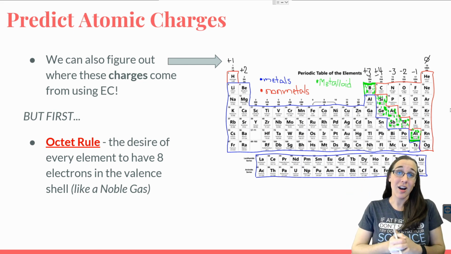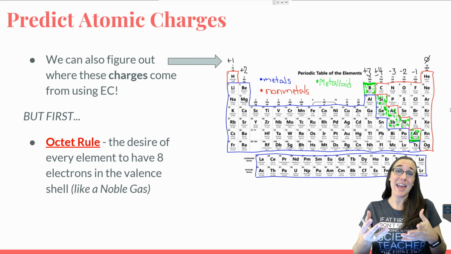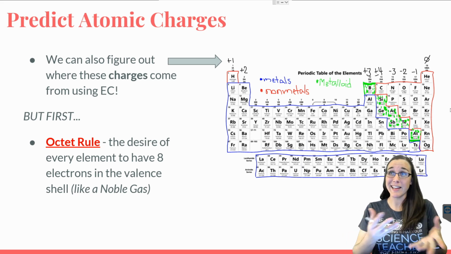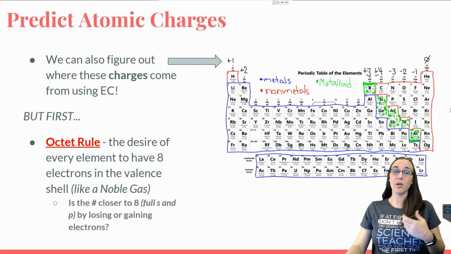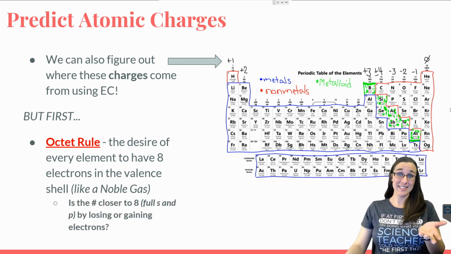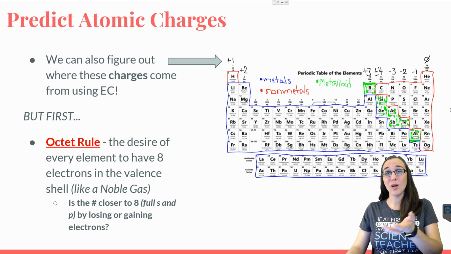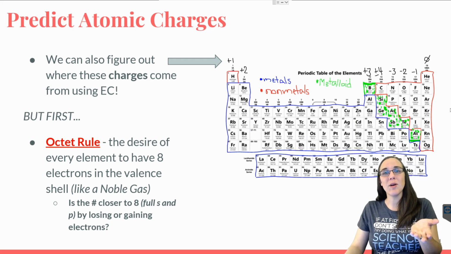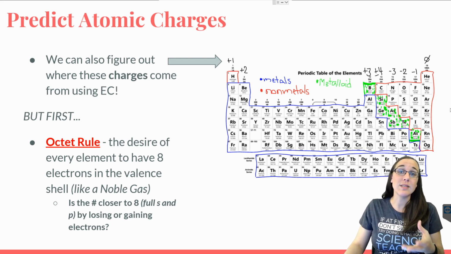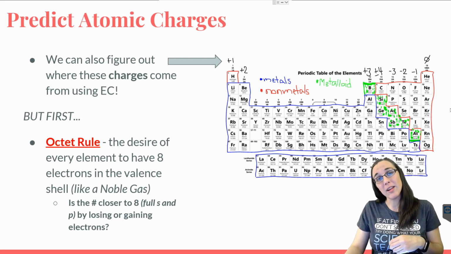We call that the Octet Rule because they want to have 8. Think octet, octopus, 8 legs. So if we know what the valence number is, we can figure out how close or far away from the number 8 it is